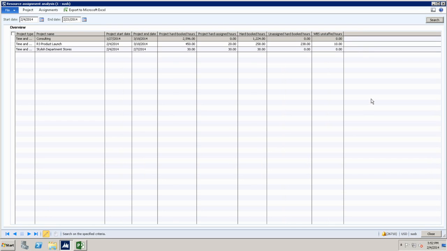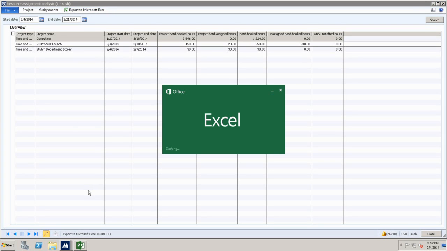And then these two, which is, hey, hard book and unassigned hard book hours are specific to this period of time. And it also shows you whether you have efforts on your work breakdown structures that need work. So if I see that I have 2,000 hours of capacity booked, I have 500 hours of work that needs people, again, that's another sign that why those people are not being assigned to specific activities on the project. So we have these 3 inquiries that 2 of them were before in the product. This is the new one. By the way, you can then export it to Excel and make the pivots that you want and slice and dice the information the way you want.